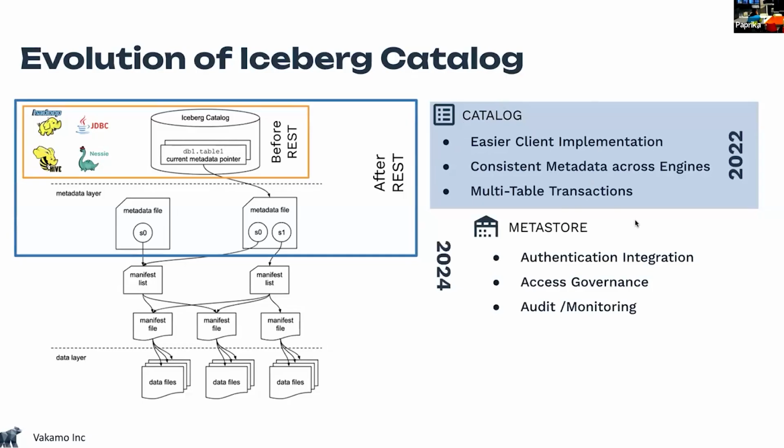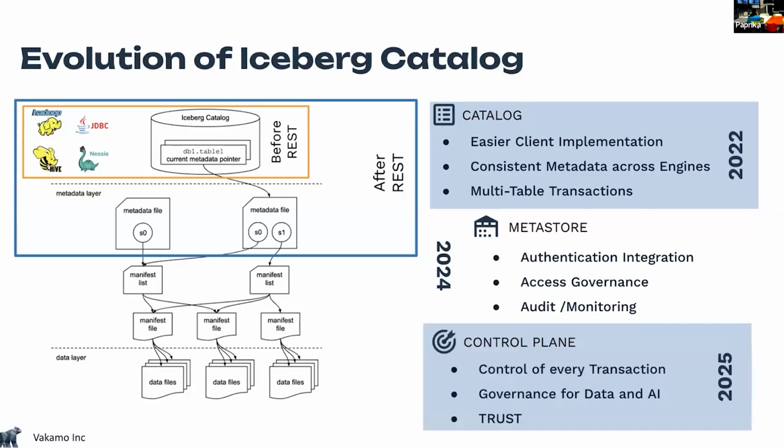So luckily for us, catalogs got more responsibilities. How to deal with authentication, how to deal with authorization, access governance, monitoring, logging, audit. And companies and users started to talk about the Metastore, and it was kind of a good match. We had a Hive Metastore, then Hive disappeared, and Metastore remained. But looking forward, and looking at what we can actually do with that metadata JSON file and the control of that file, we don't speak about the Metastore anymore.